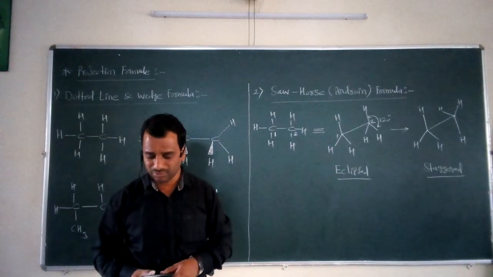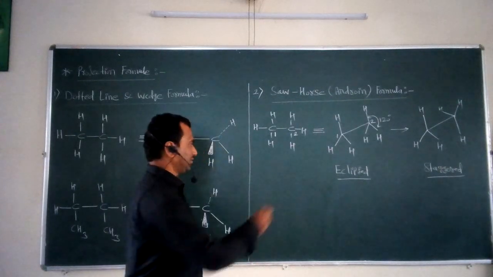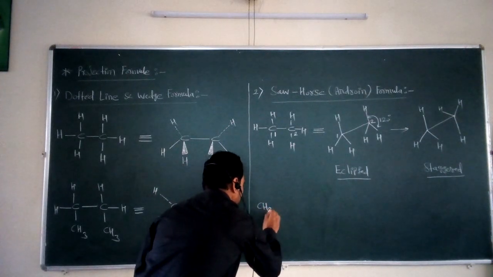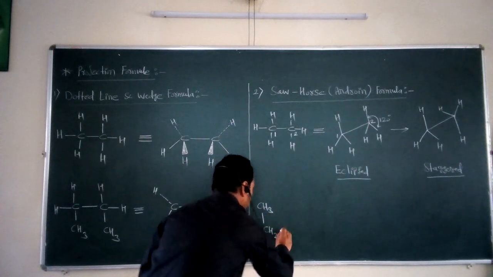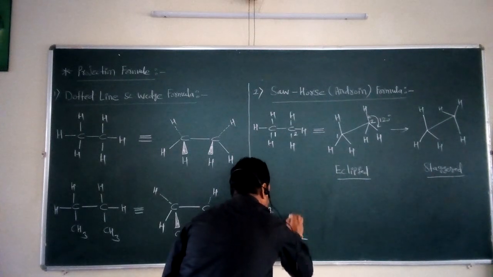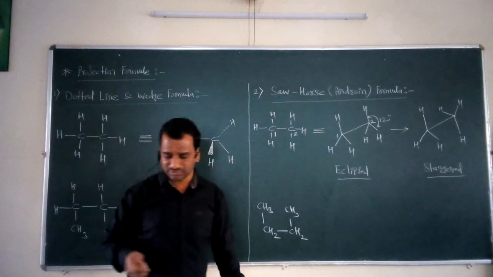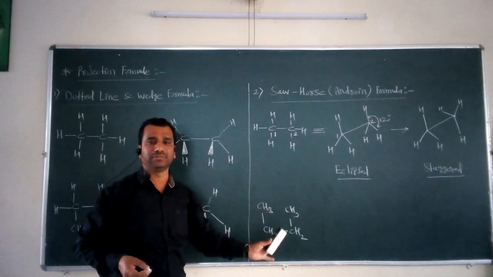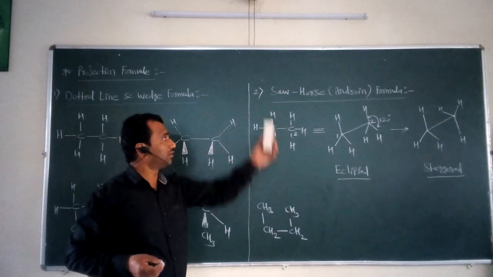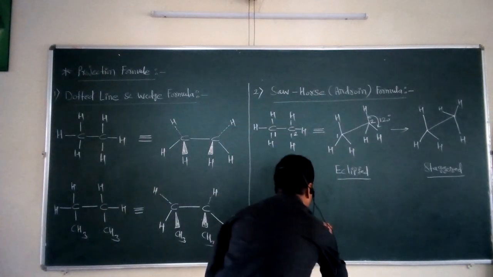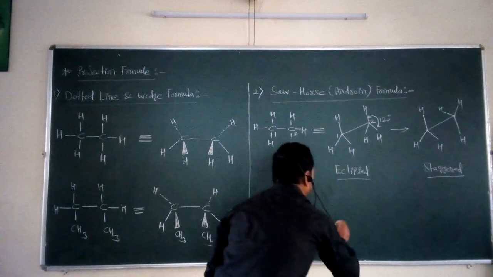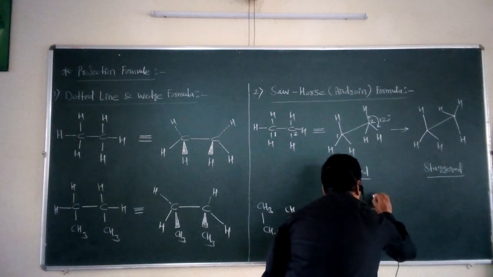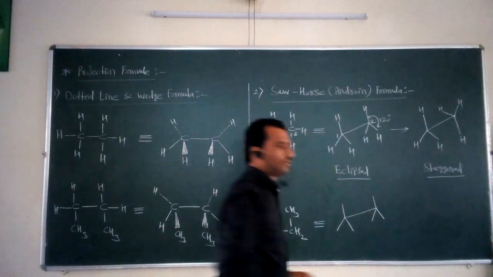Now suppose we want to convert our next example, n-butane. Suppose we take here n-butane, CH3, single bond CH2, single bond CH2, single bond CH3. Suppose this is our second example of the n-butane molecule, and if we want to convert this n-butane molecule into the three-dimensional view according to the Sawhorse formula, first of all we draw the eclipsed formula. For this purpose, I take here two inverted Y alphabets.